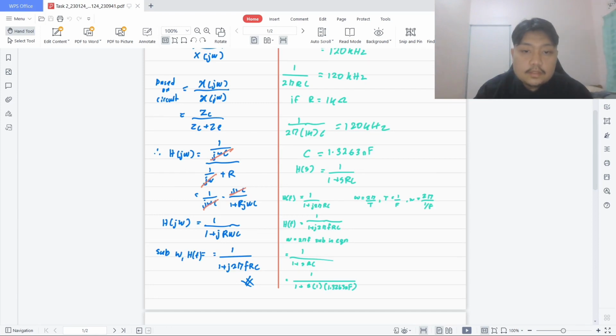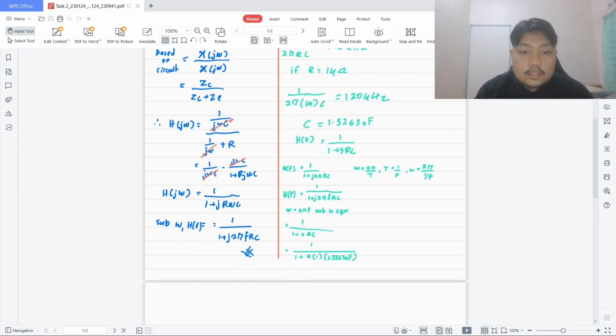H(s) is 1 over 1 plus sRC. So H(f) is 1 over 1 plus j2πRC. H(f) is 1 over 1 plus j2πfRC. So omega is 2π over T. T equals 1 over f. Then we can substitute the omega. Omega equals 2πf. Sub into the equation of 1 over 1 plus sRC. Then we get 1 over 1 plus s, the value of RC, 1 times 1.2869 per